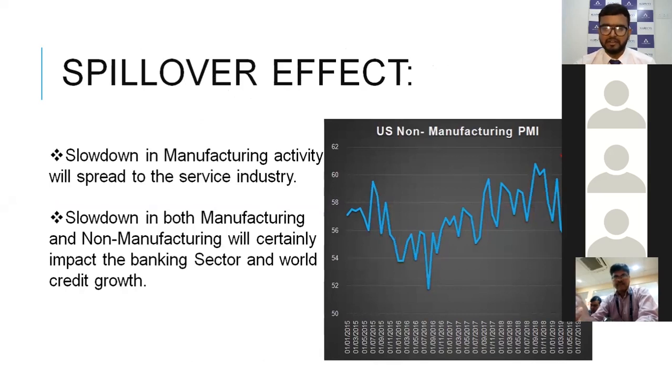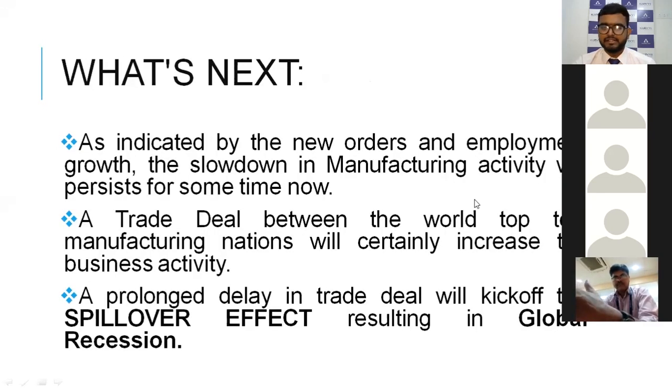This will create a spillover effect. This slowdown in manufacturing activity will take over to non-manufacturing activity also. That means non-manufacturing activity will also fall. You can also see in the chart that from the last quarter of 2018, services and the other non-manufacturing PMIs are coming down. So that means the trade war has started to take effect in the other industries as well, apart from manufacturing activity. And what next is, as indicated by the new orders and the slowdown in manufacturing employment,